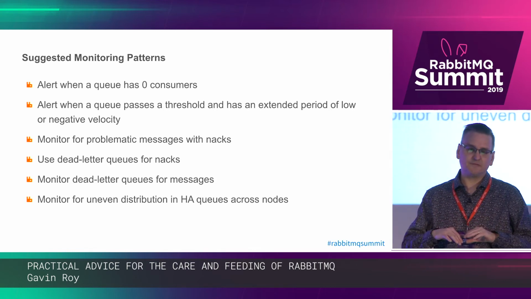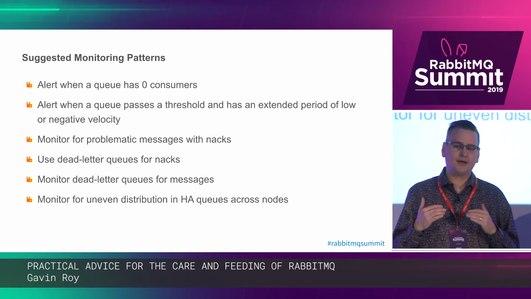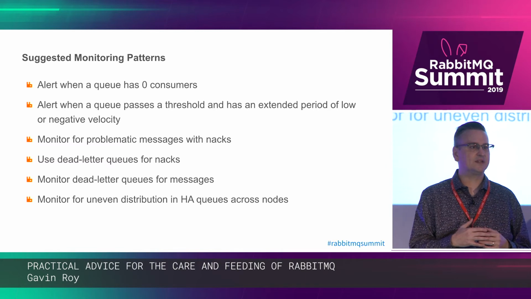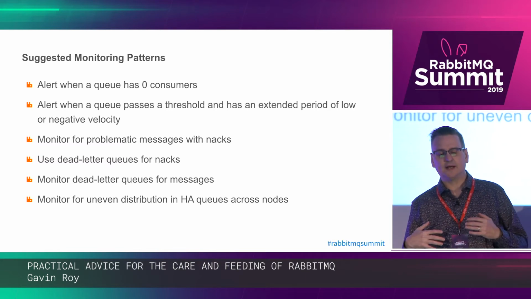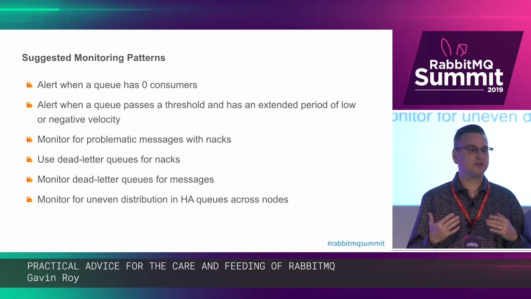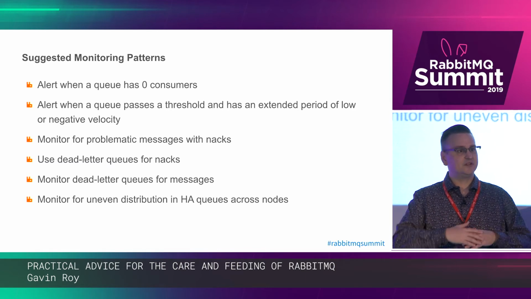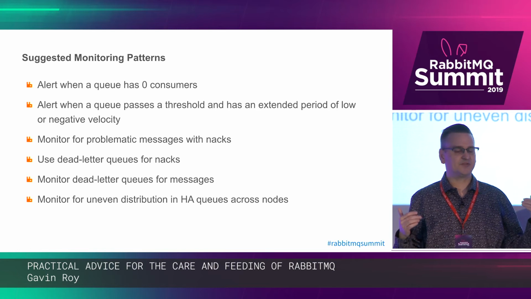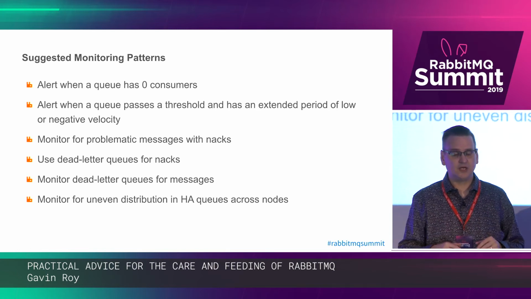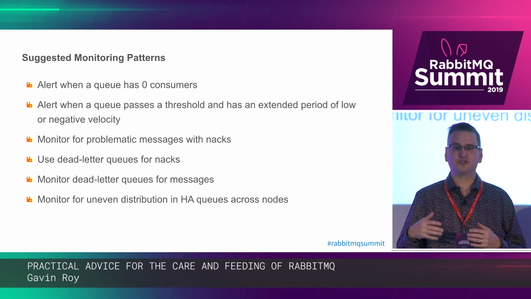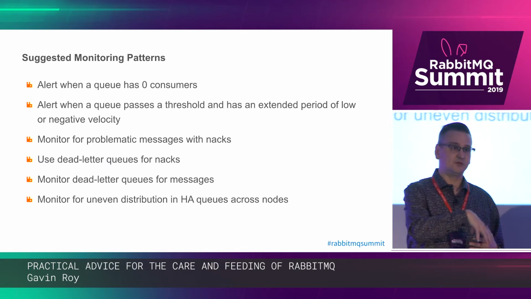Finally, one of the things, if you're running an HA cluster, and let's say that part of your normal operational process is to do restarts for upgrades or anything like that, one of the things that you'll find can happen is, for example, if you're not completely distributing your HA queues across your entire cluster, and even in that scenario, you can find that there's unbalanced distribution of ownership or primary ownership of those queues on a particular